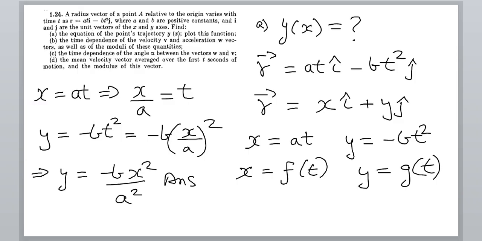The second part is asking us to plot this function, and it is given in the question that a and b are positive constants. Okay, fine. So I'll continue from here. The same equation y is equal to minus bx squared over a squared can be written as y multiplied by a squared